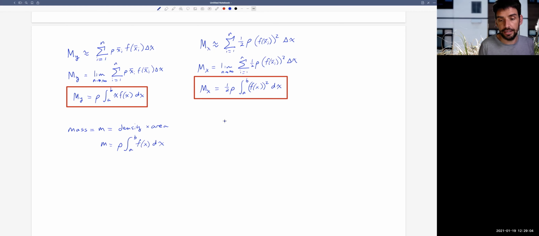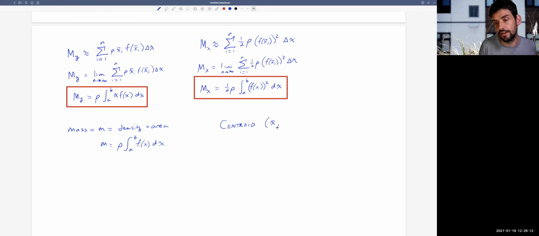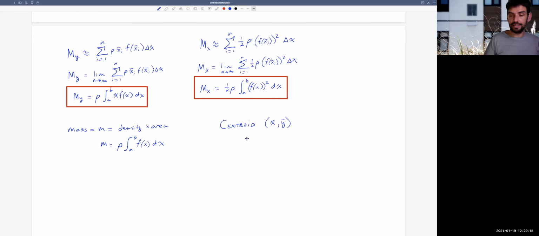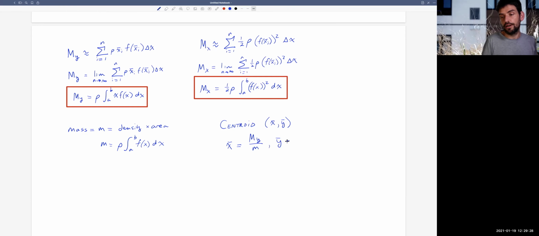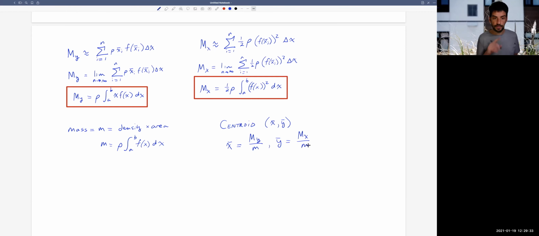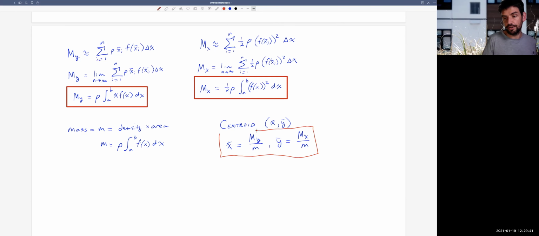So let's put this all together, and what does this mean? Well, what we typically write is that the centroid x bar, y bar is given by, x bar is going to be My over m, and y bar is going to be Mx over m. Okay. Now, this is typically how we write it down. It's a nice, easy way to remember. It's exactly what we got when we looked at,